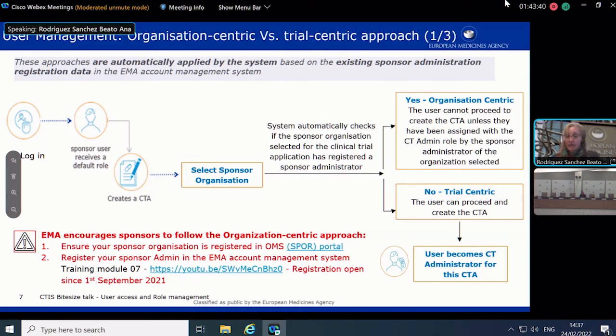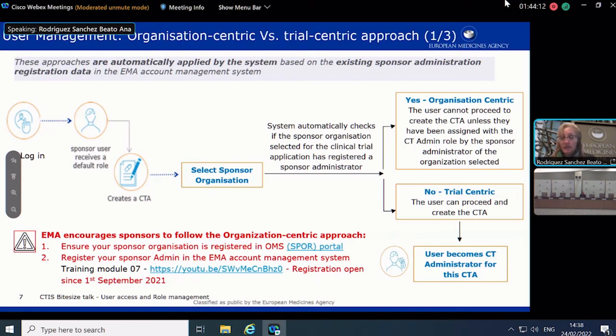What happens is that the system will automatically check in the back end whether the organization that has been selected for this clinical trial application has a sponsor administrator or not. If the answer is yes, the sponsor has already registered a sponsor administrator, this user will not be able to proceed unless this user has been assigned already by the sponsor admin the role CT administrator with a scope of trial.